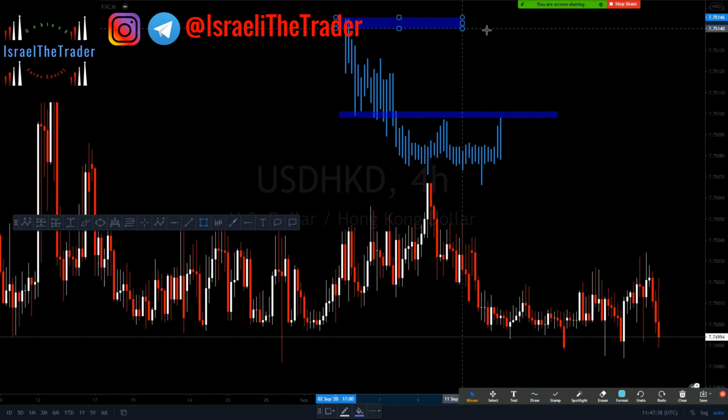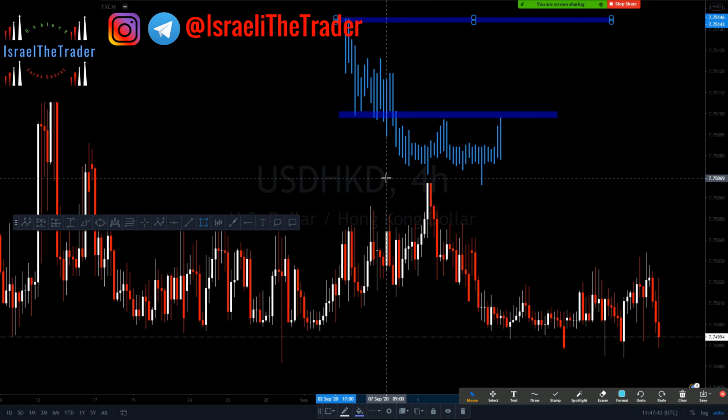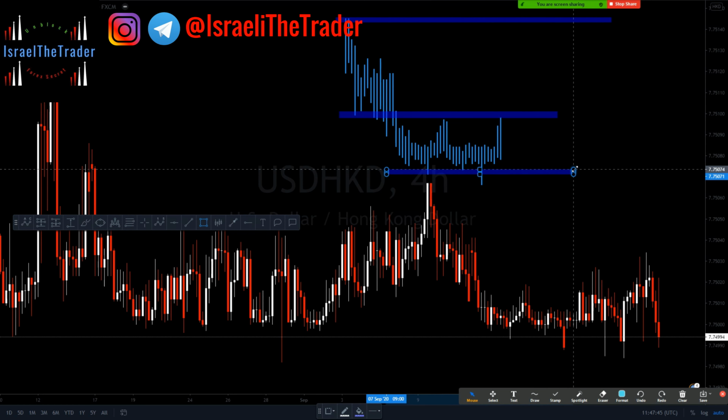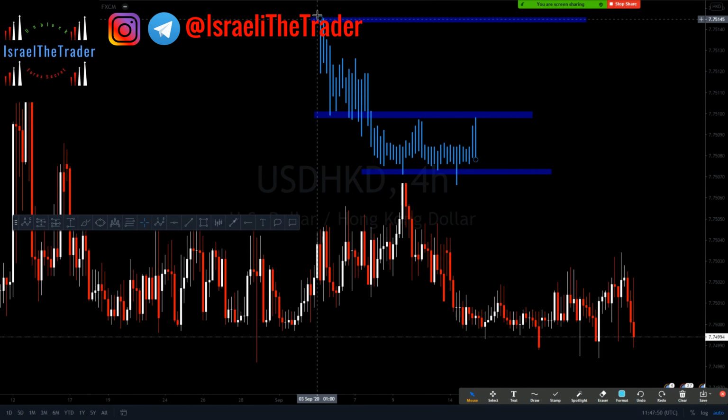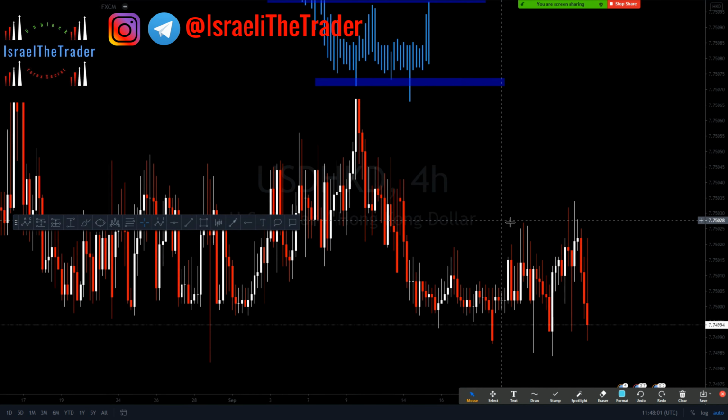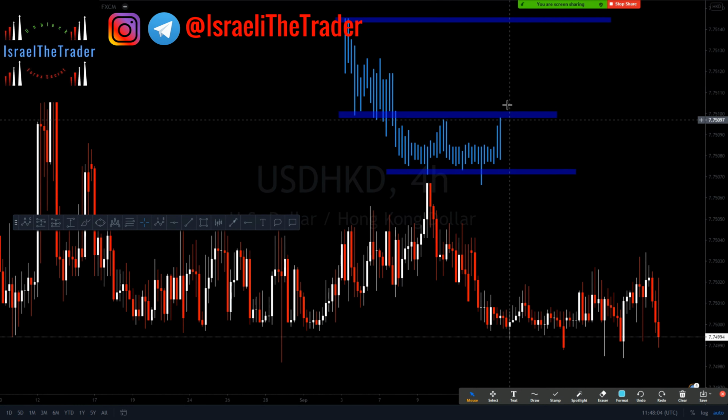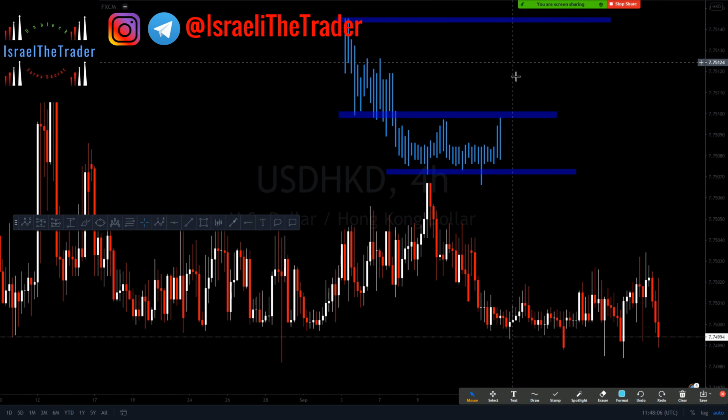So this is where our resistance line is supposed to be, and we're supposed to have another one right here as well. As you can see, the market tried to break out of this line, came down and retested. So right now, the market is just retesting this level in order to continue to the downside, right? But if the market is not able to continue to the downside, and if it breaks and reaches this level, it will definitely come up and continue going up, right? And you can easily get this